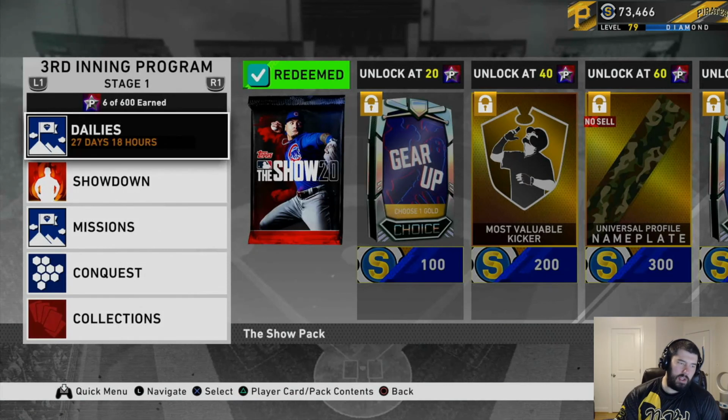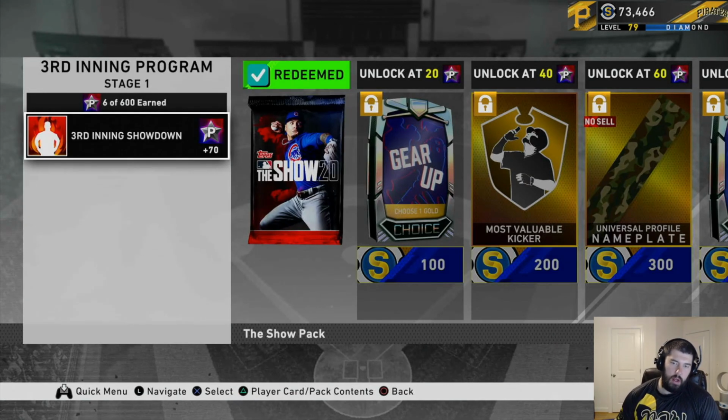So besides the dailies, what you got up next is the Showdown. The third inning Showdown gives you 70 program stars. That is one of the biggest things to do to get these program stars knocked out of the way. And we'll show you where the third inning Showdown is at. There will be a video for this Showdown and how to go through it and kind of how you should